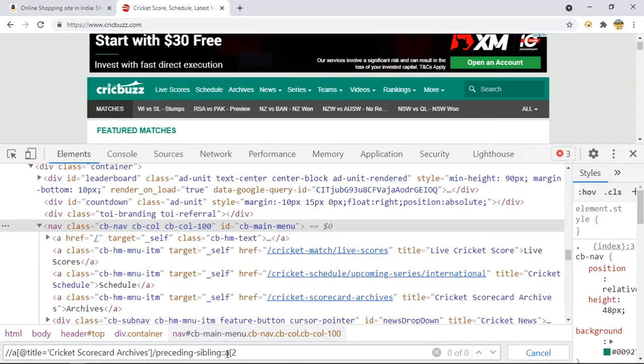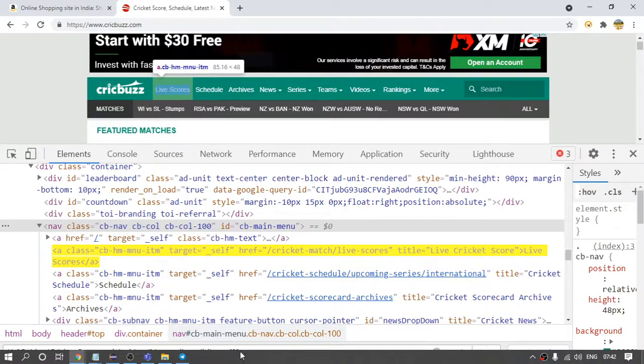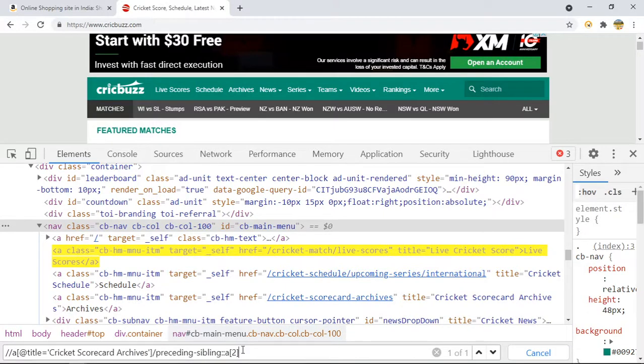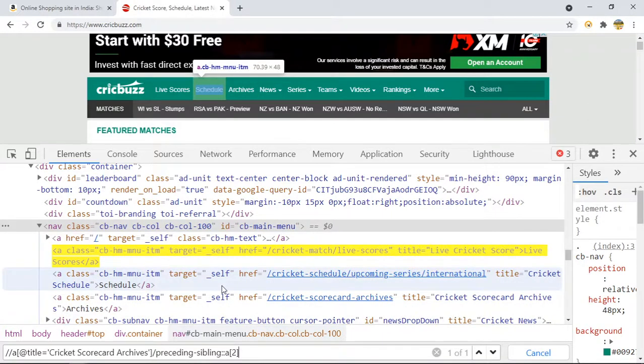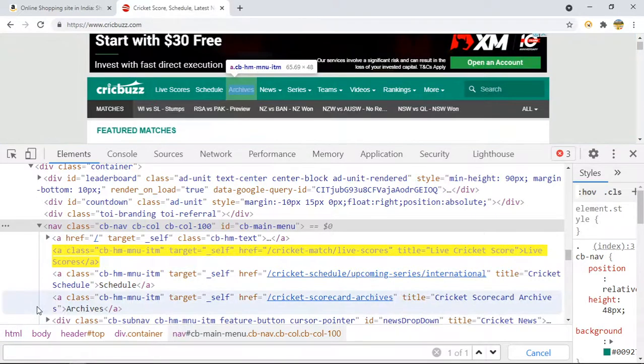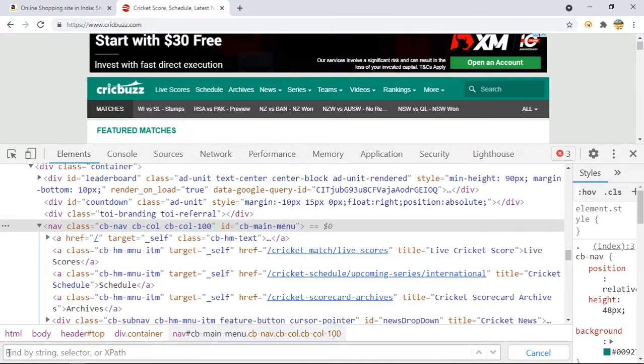So this is how we can traverse in XPath in the forward direction as well as the backward direction. There is one more thing we can do with XPath. Sumit, if you want to go from here to the parent nav class, you select ancestor. We can discuss that as well. Just have some patience, I am going to come to that point as well. Okay, sounds good.